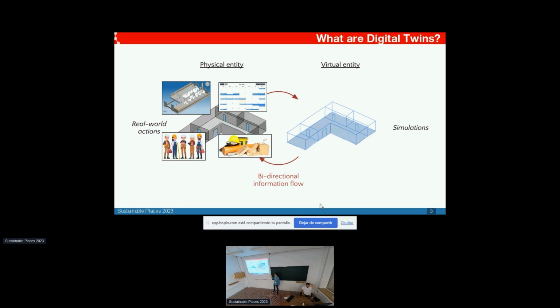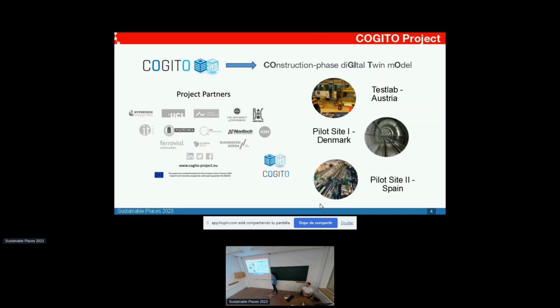As we know, there is a lot of information in the physical assets, which can be, for example, BIM models, schedule data, information about the workers on the construction site, or equipment. What we made in the COGITO project, where COGITO stands for Construction Phase Digital Twin Model, is generate a digital twin